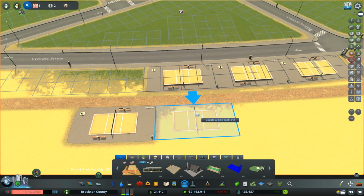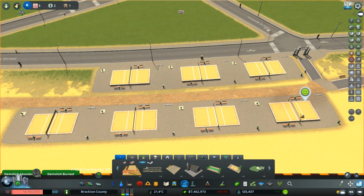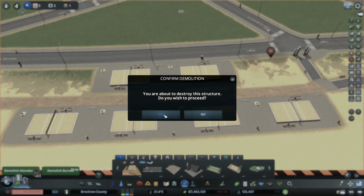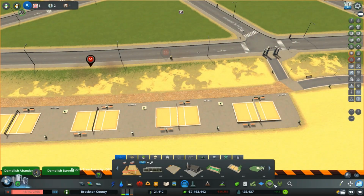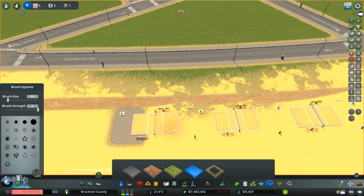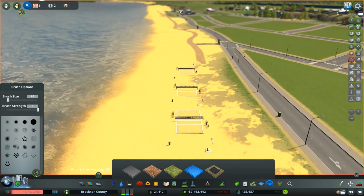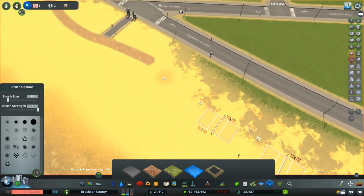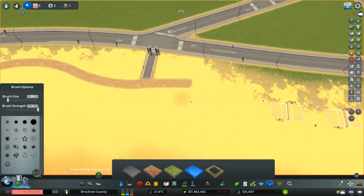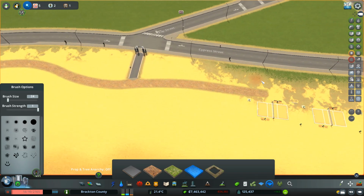Okay, maybe we can edit them. I don't know. Go into here. Oh, that's pretty nice. Oh, I guess we could actually also remove the pathway then. And people would still walk over there. And it would kind of show them walking, but then we're not going to really see